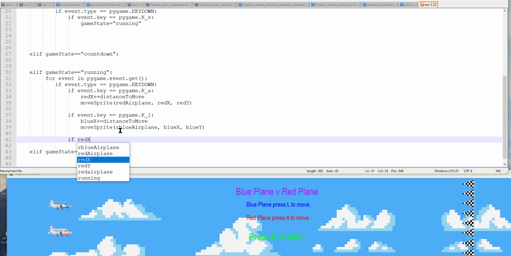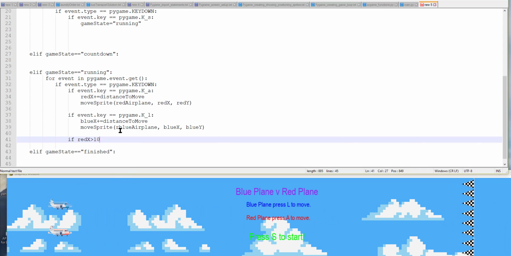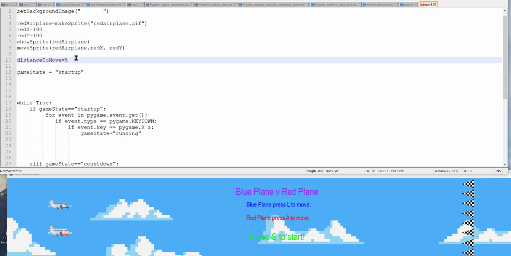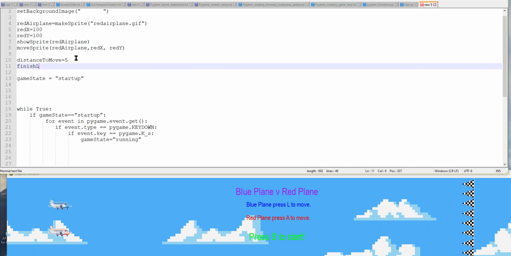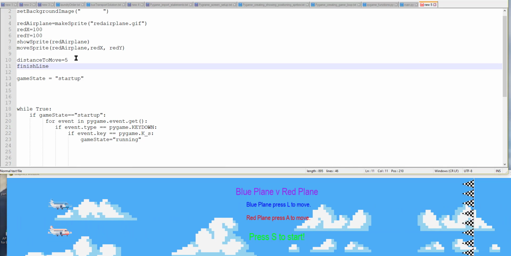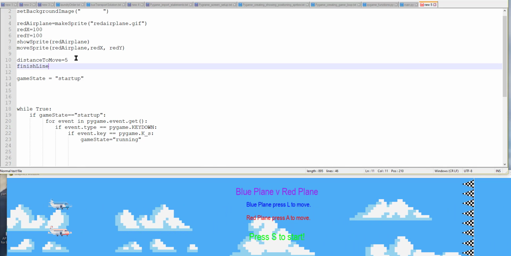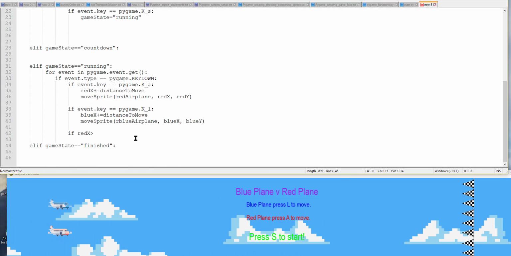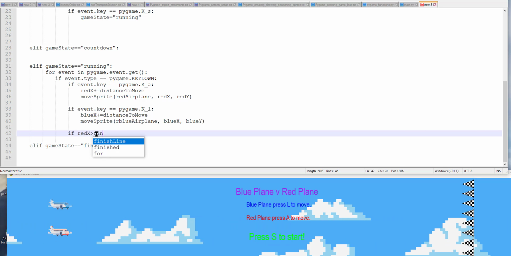So I'm going to say if red x is greater than, and here's another thing you can do, make a variable for the finish line, which is basically how many pixels across the screen, the coordinates of the location where one of the sprites wins if they make it there. So I'm going to say like finish line equals 800. Okay, so now I say if red x greater than finish line